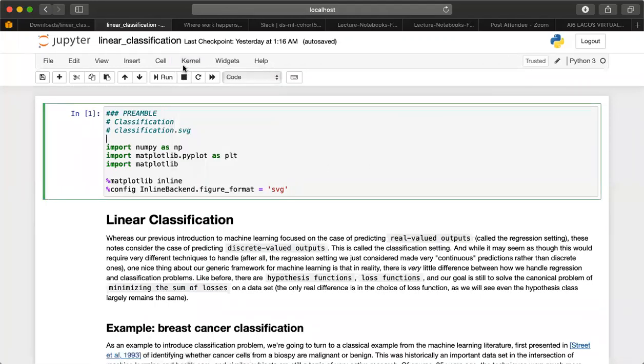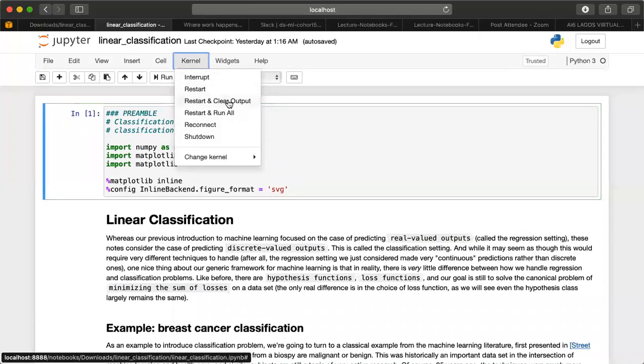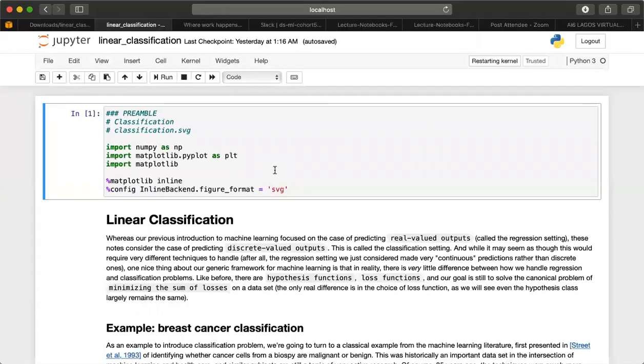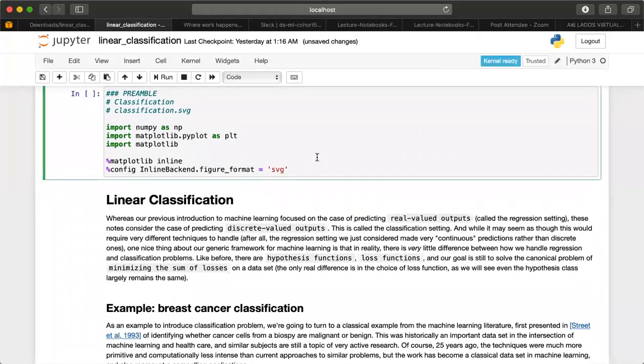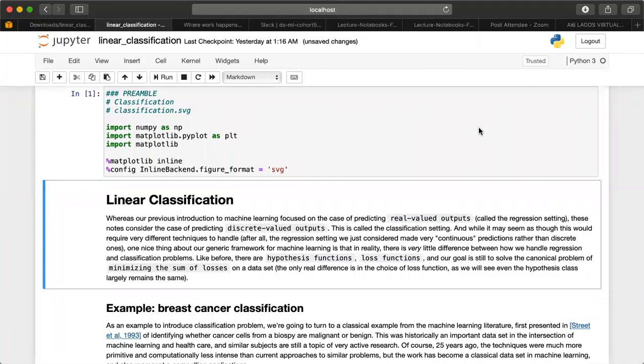Let me restart my kernel so that, yeah. So as usual, we import the libraries that we need. So more about